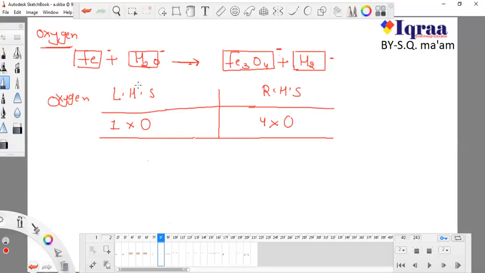So first of all, to increase the number, there are 4 oxygen and I want to equalize them. So I will write 4 here. As soon as I write 4 here, the number of oxygen will convert to 4. Now this is not 0. Don't forget we are doing this with oxygen. So in both cases, the number at the left hand side and the right hand side of oxygen is 4. Okay, this is done.